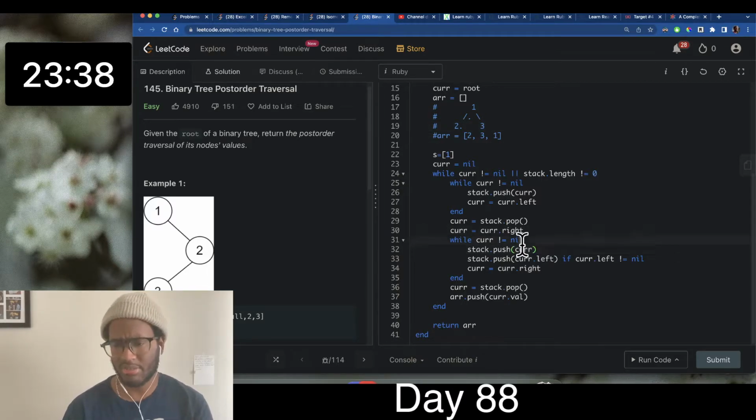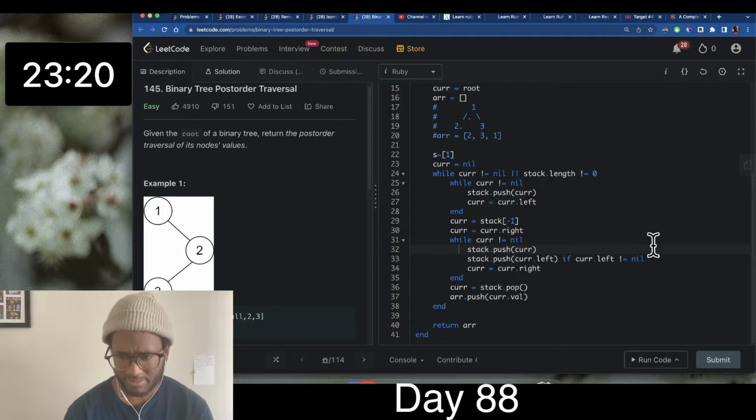So maybe, I think the thing is, we were saying here before, we don't need to do pop. What if we just did stack of -1? So we want to be back at 2, then we want to go right from 2 and go as far right as we can. Right, but it equals nil. Then we'll say cur equals stack dot pop. Then here's where we want to do